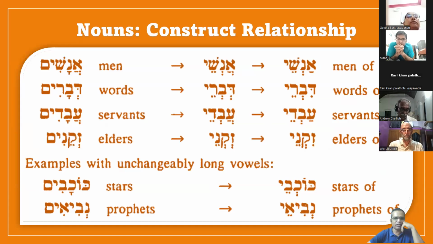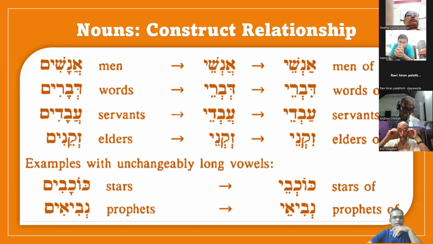It can be understood well when you look at the second example, Devarim. Devarim has become Divre. But if you see the process that has taken place, it should be like Debere, because in the preceding syllable, if there is a long vowel, in this case kamets, that has to be reduced to simple vocal Shiva. So if you understand these basic concepts of vocalization in the process of reading the text,